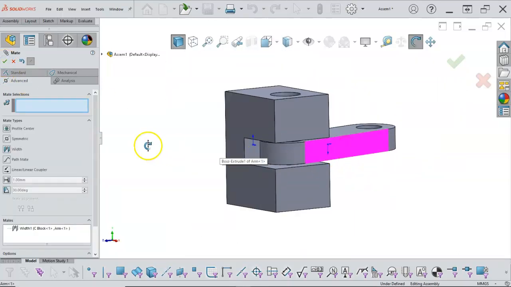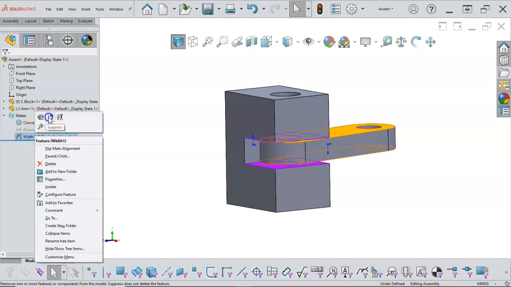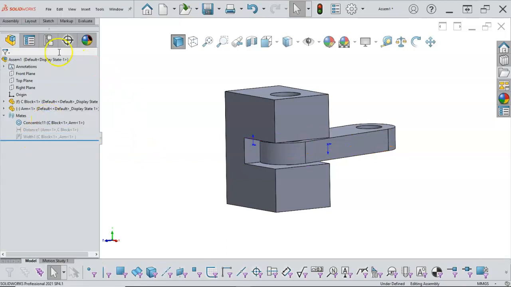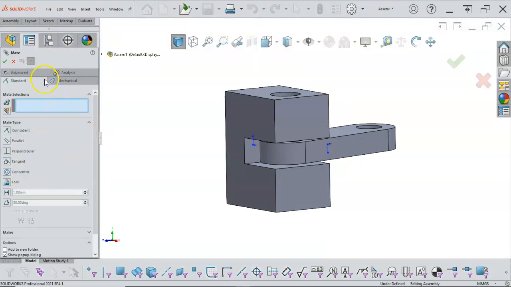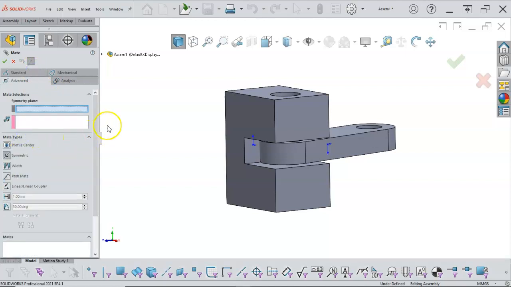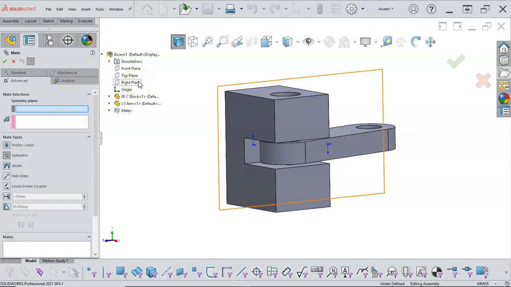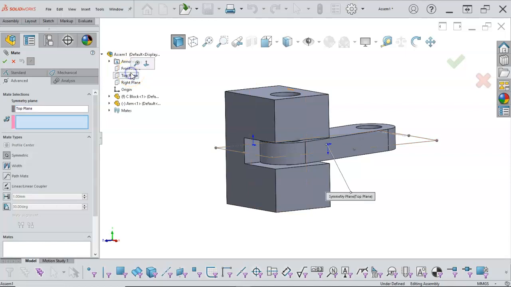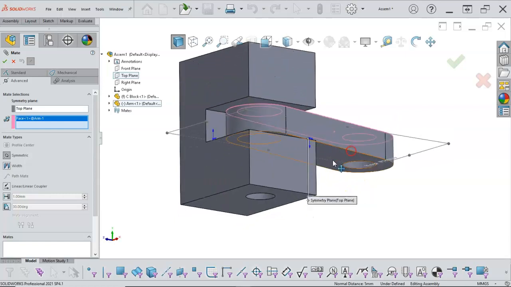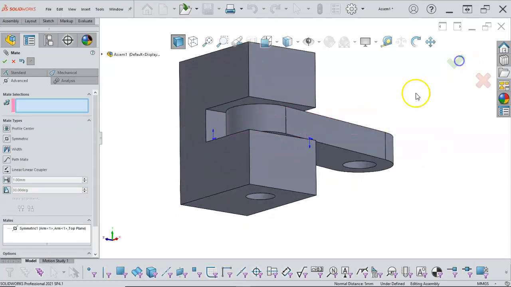All right, so a couple, I would say, let's see, what do we get for a tooltip for symmetric? So symmetric, since I might want to try that, let's go ahead and suppress the width, and we'll go back into the assembly and the mate and the advanced. And if I go symmetric, this time I'm actually looking for a symmetry plane, which, because I built this through the top plane, then I can go to those two faces,